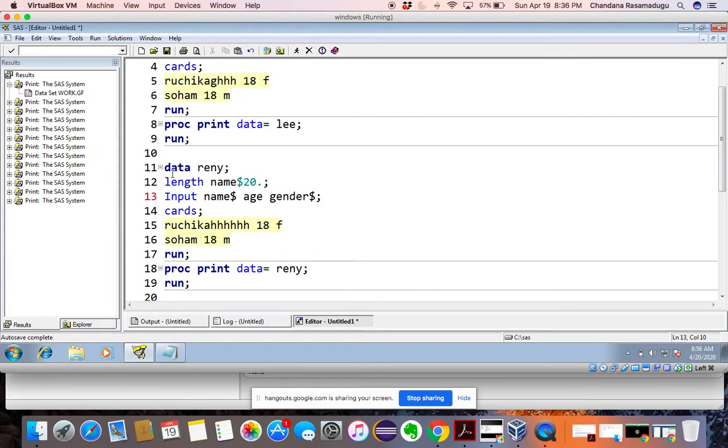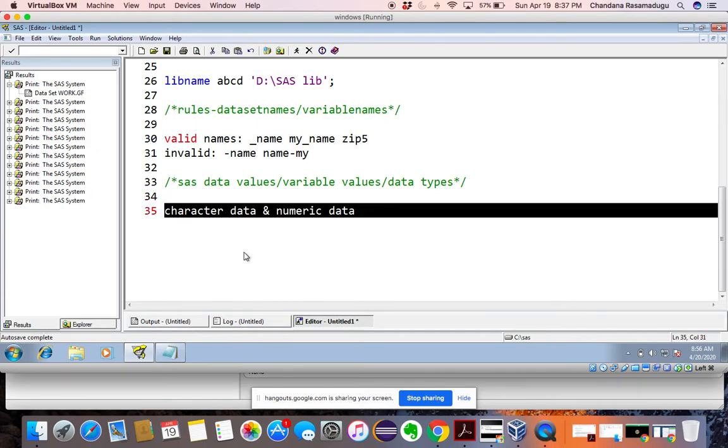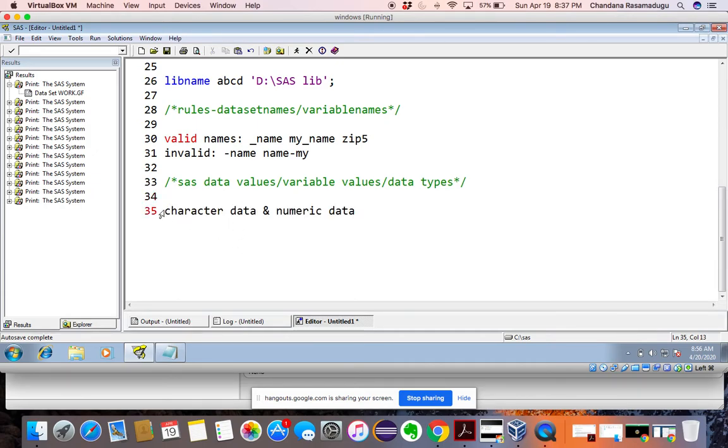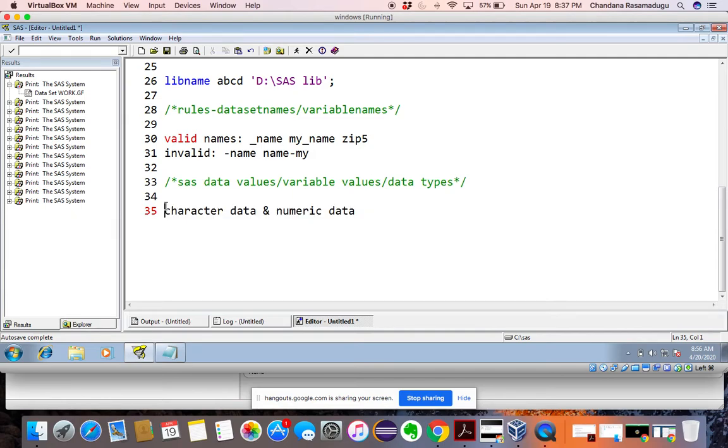Yeah. So now you understand, right? The character value default length is 8 characters. We call it in SAS 8 bytes, but it can be increased up to 32,767 bytes by the length statement. 1 byte is equal to 1 character.